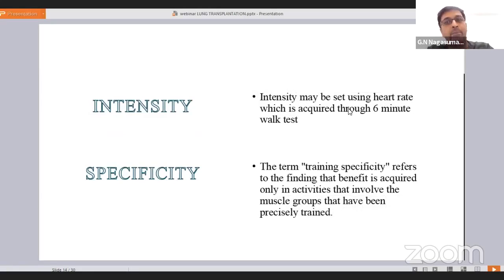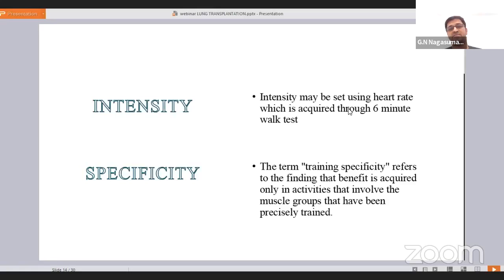it will all depend upon our 6-minute walk test. As I explained earlier, based on 35% or 70%, based on their percentage, their previous physical activity levels, and their musculoskeletal compromise, I'll be deciding their intensity. That intensity could be high intensity, low intensity, resistance, or interval training. I'll decide based on my 6-minute walk test assessment, and the report I got from a pulmonologist based on their quality of life and PFT testing.